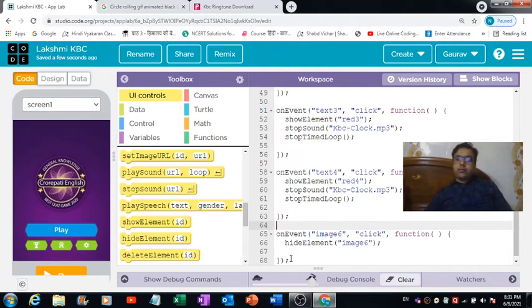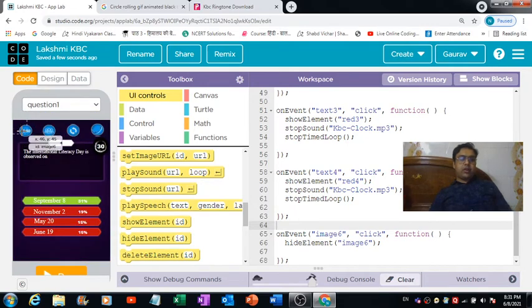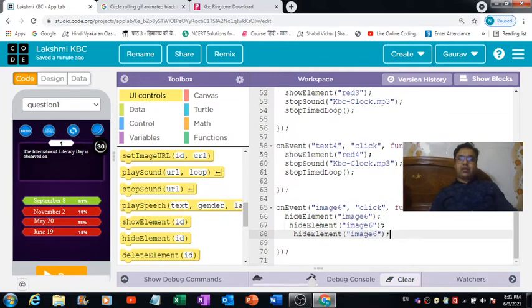Now when the user will hit this image 6 button, which is present right on the top over here, what we can do, it's a 50-50 option, right? So image 6 should disappear and 2 of these incorrect options should also disappear. That's how we can code this lifeline, I think. So the ID of this one is text 2 and this one is text 3. Text 2, and the ID of this one is text 3, right?